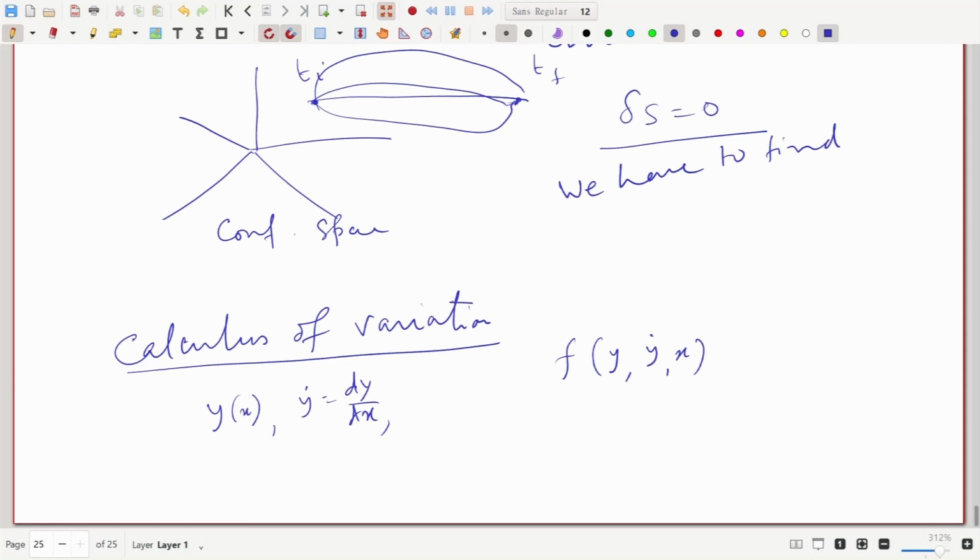Now we want to extremize a quantity J, which is a function of these variables, integrated over some initial point to final point. So for different paths connecting between